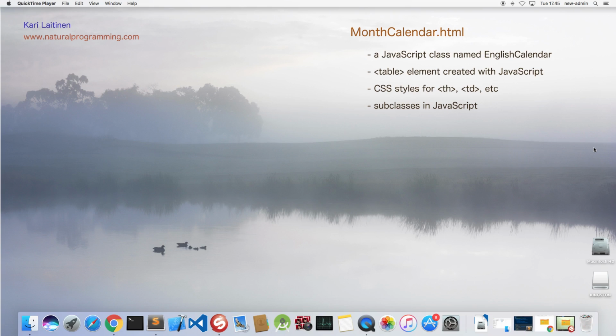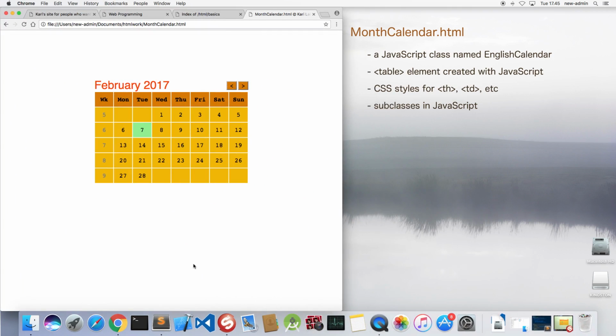So my name is Kari Laitinen, and let's go to see the page then. So the page, as its name says, looks like this. It shows a calendar,